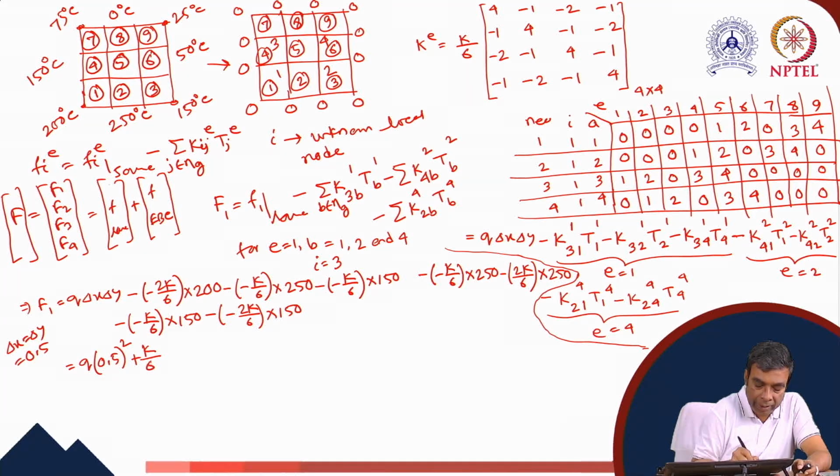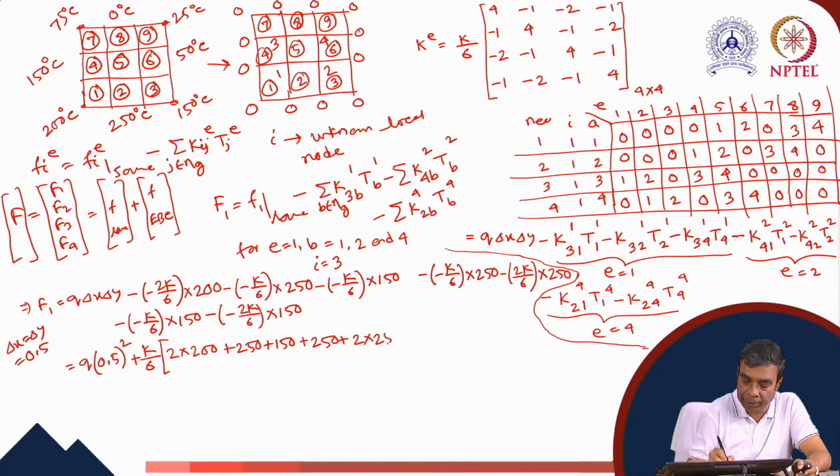Then we can get here 2 into 200 plus 250 plus 150 plus 250 plus 2 into 250 plus 150 plus 2 into 150. So we can see that this is q into